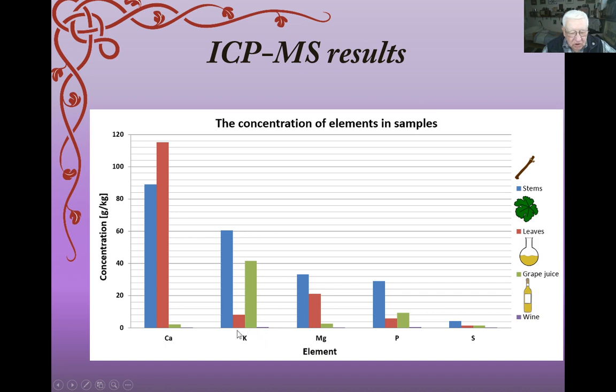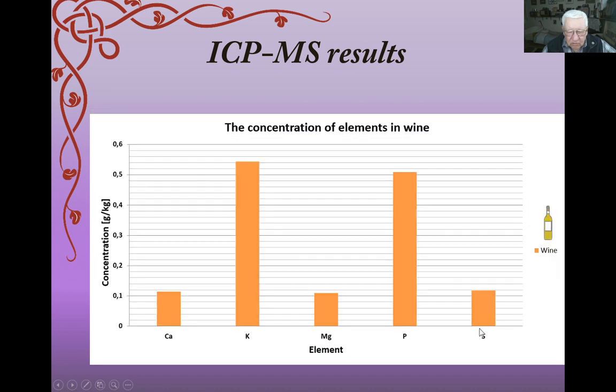Each part of this diagram is possible to explain and describe in detail. Potassium is present mostly in stems, and in leaves not too much. In grappa juice potassium is again concentrated, and in wine, at the end of the products, it is not concentrated. For magnesium, it is well seen that there is a reduction of the amount starting from stems up to wine, and phosphorus, sulfur,